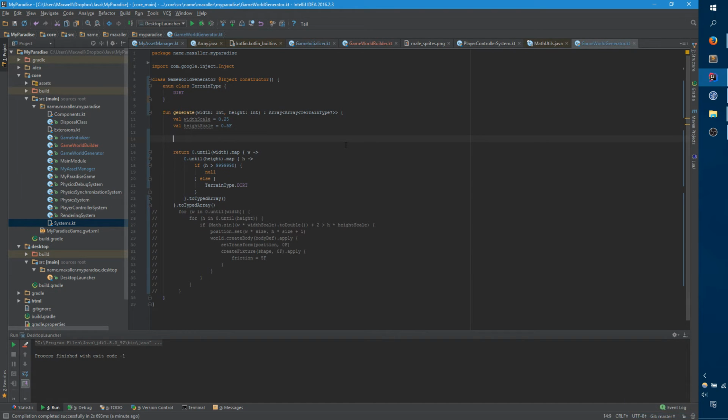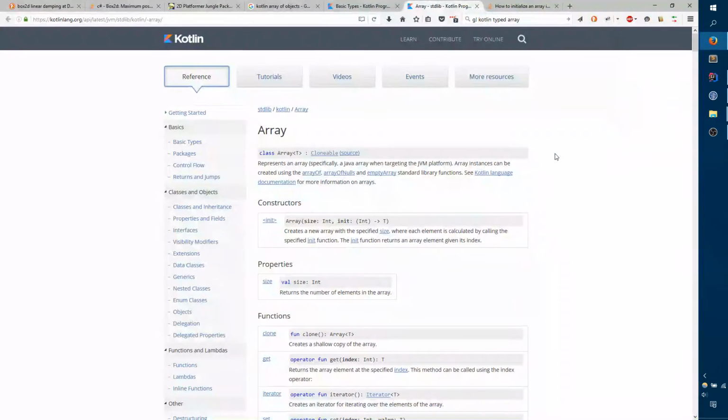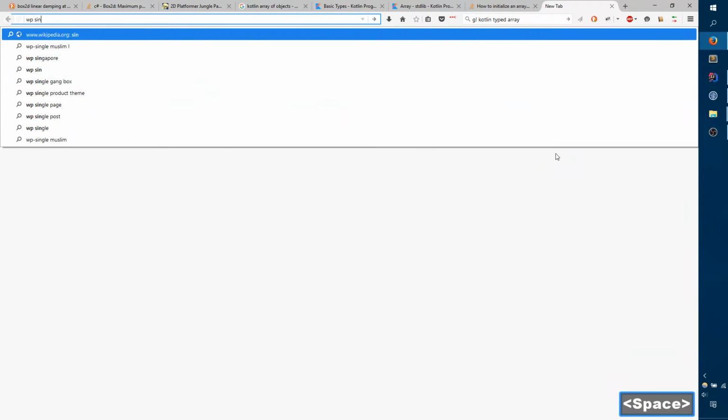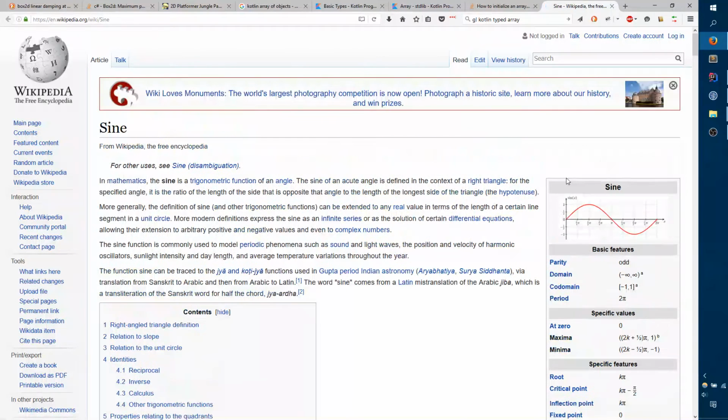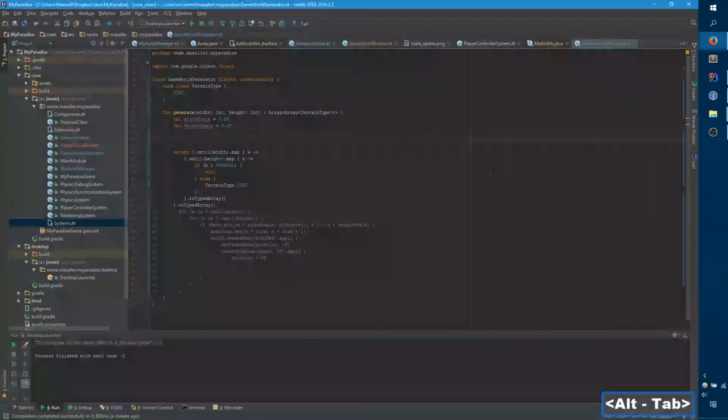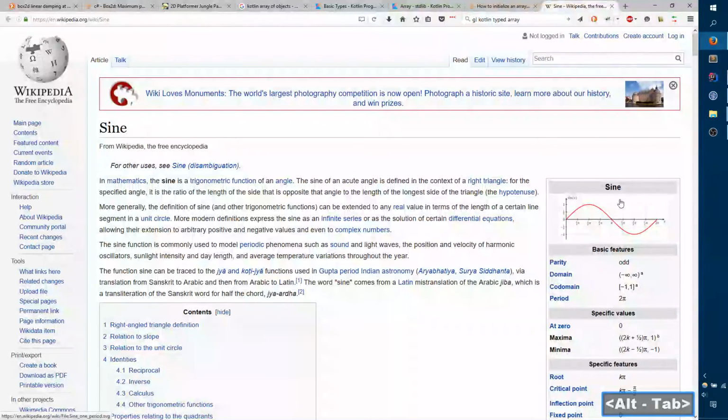So if you think of an entire sine wave, you're probably familiar with what this looks like, the entire length of the sine wave is 2 pi, and so we need to figure out on our screen, it was roughly 50. So if we want one wave to fit inside of the width of the screen,